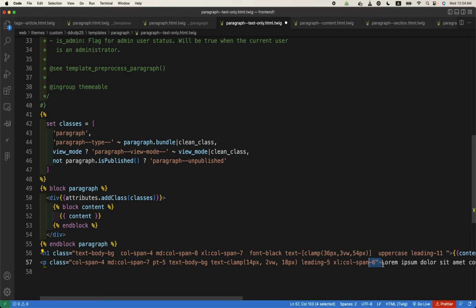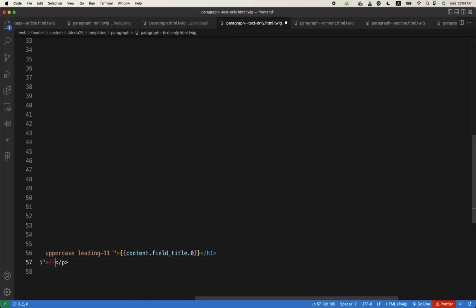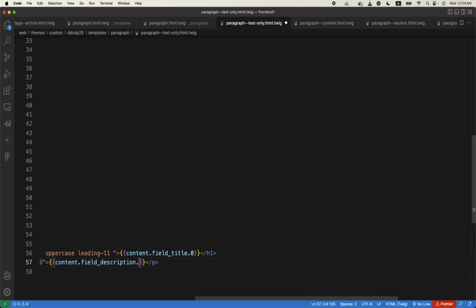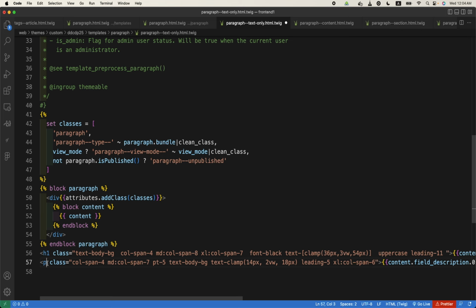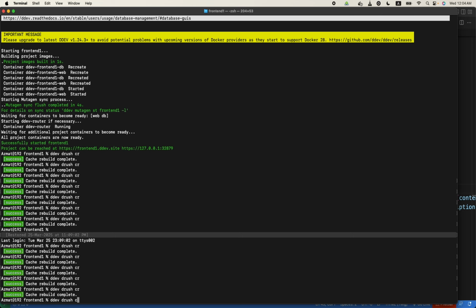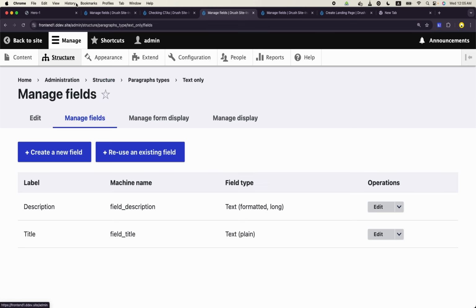This one will be content dot field underscore description dot 0, and let us make it div also. Clear? Yes. Do we need this now? No, sir. So save it. Div, press enter, go to